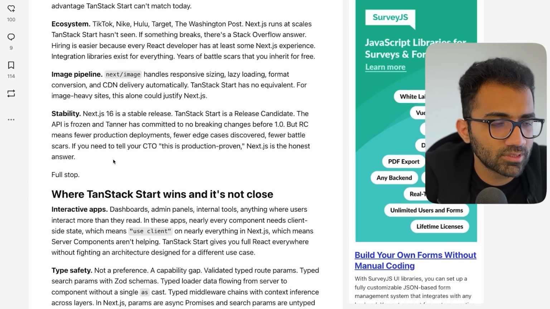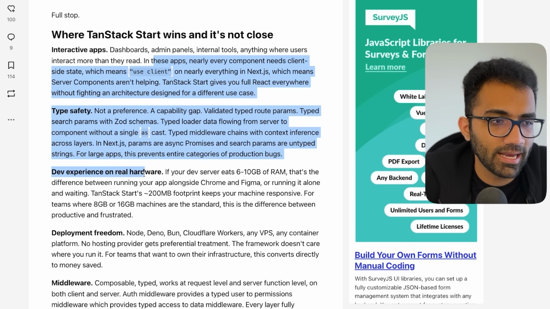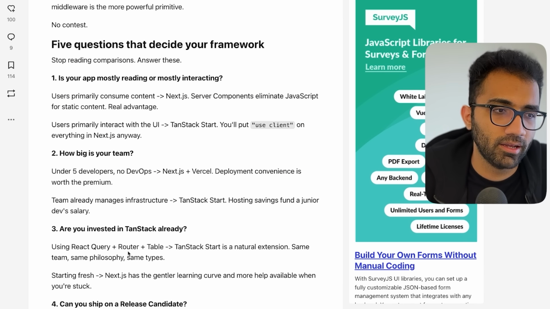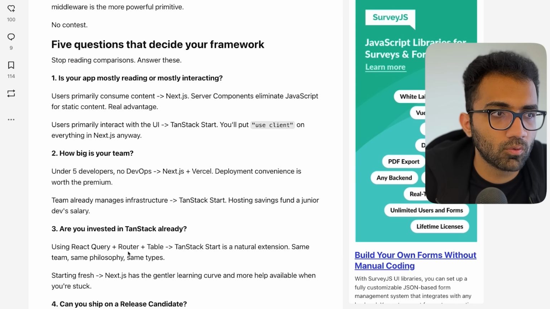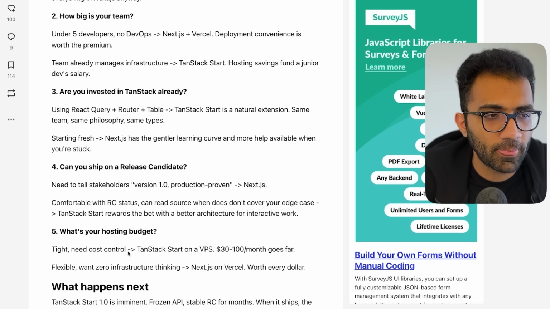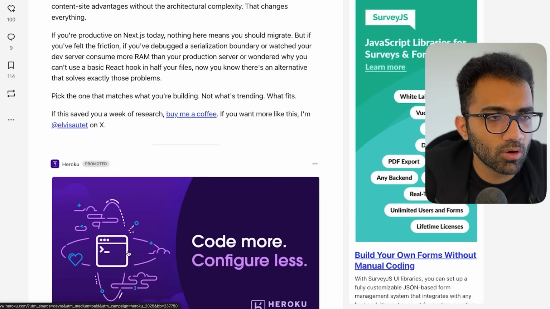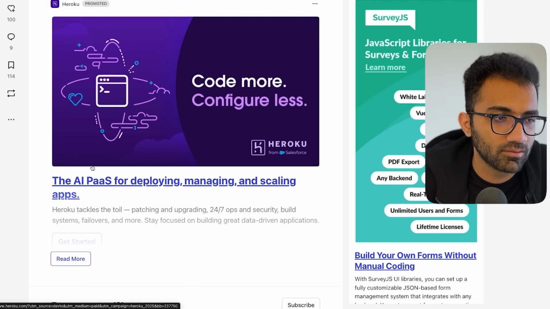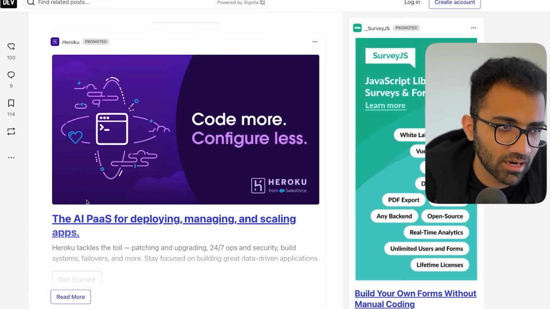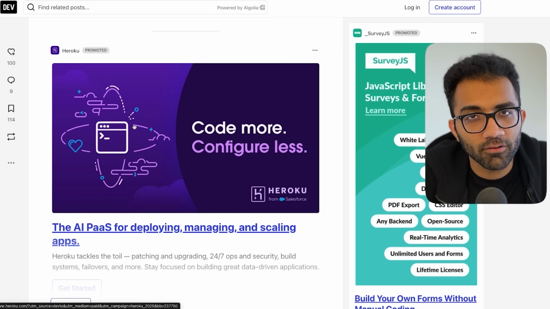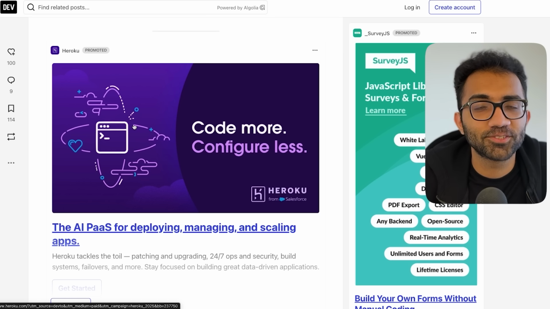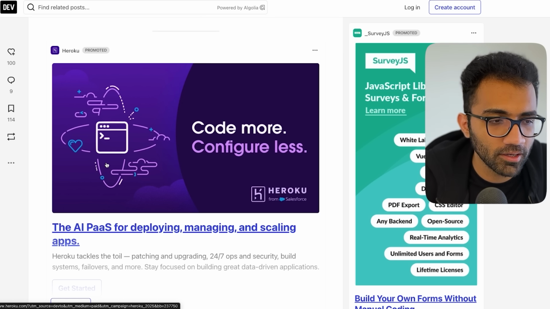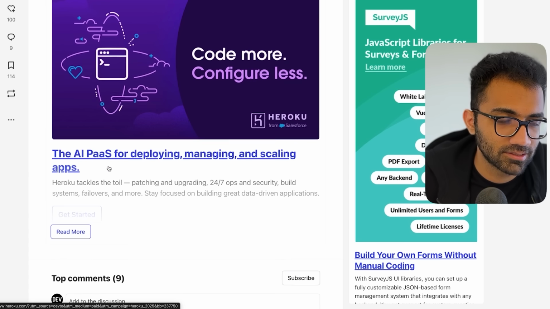So this blog post generally is a little bit of AI slop, I would say. I can feel that it has not been written by a really good developer or somebody who wants to actually deliver something. But the points that it delivers are more or less impressive, right? And funny to see a Heroku ad under the article. I actually did not cover this on the channel, but Heroku has discontinued their platform basically, right? Heroku has just stopped onboarding new customers after so many years, and now they're saying that they just don't want to continue in the first place. So it's funny that they're still running ads on platforms.